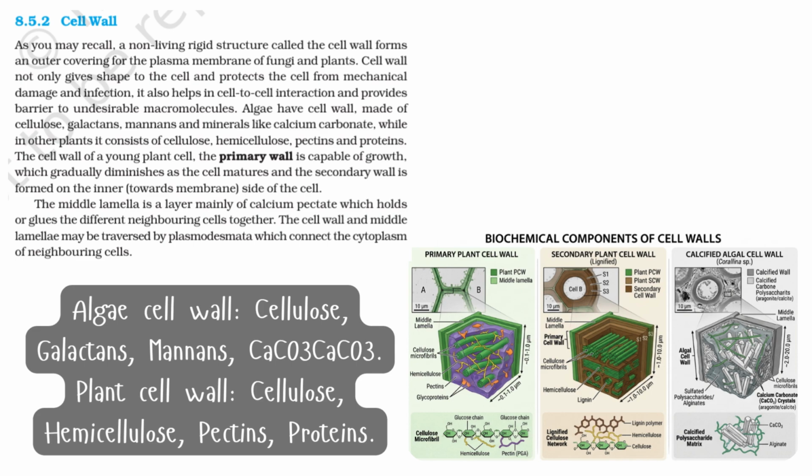Let's get started. Let's start with the cell wall, which provides structural support and protection. NCERT makes a clear distinction between algal cell walls and those of higher plants. Algal cell walls are composed of cellulose, galactans, mannans, and minerals like calcium carbonate. Plants, however, utilize cellulose, hemicellulose, pectins, and proteins. This composition difference is a common target for matching questions in NEET, so make sure to highlight both lists in